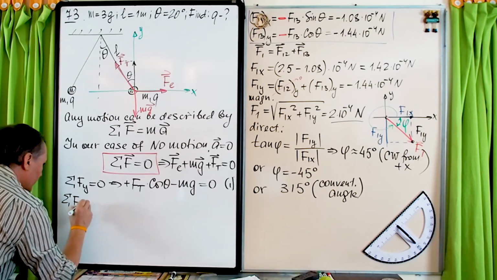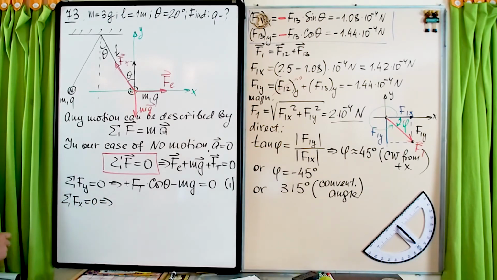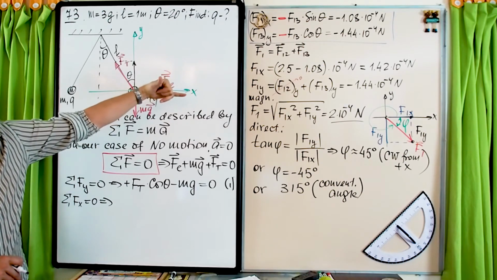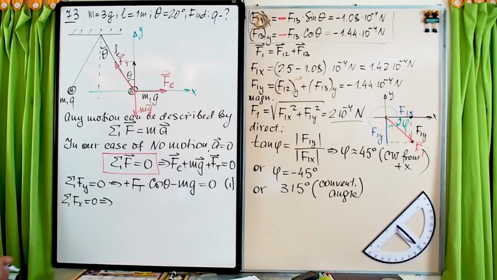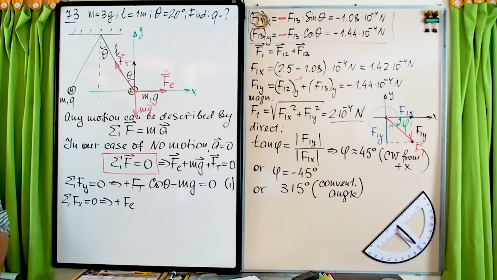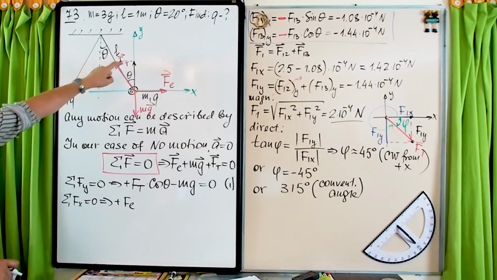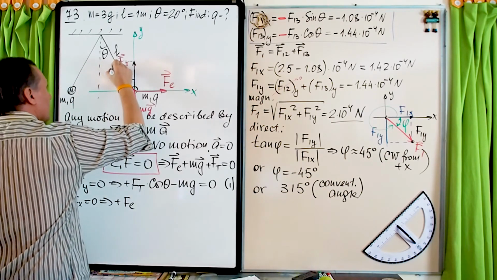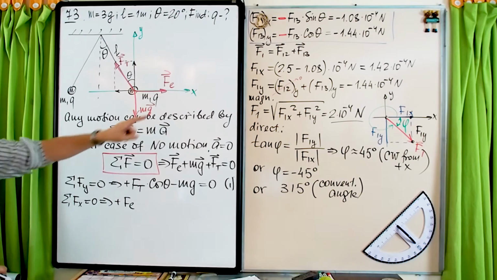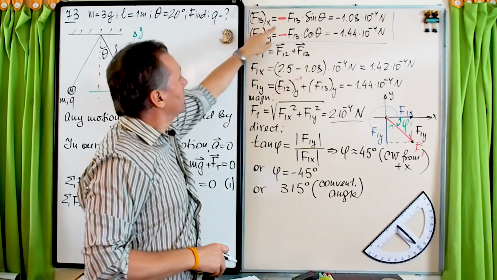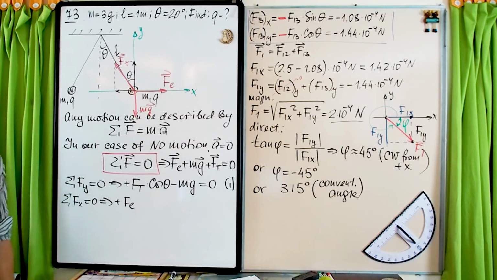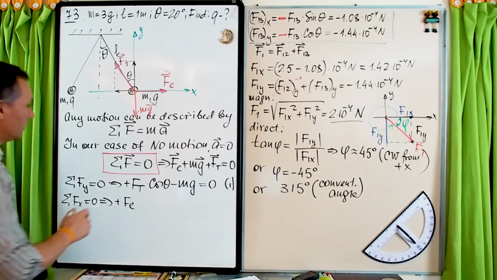Sum of the x components must be equal to 0. So x components, electric force is purely in the x direction, positive x direction. So the contribution is positive. So plus F electrical. Now, x component of the tension. Again, I will just draw this dashed line. And this component, you see, is in the negative x direction, like what we discussed here. Component in the negative x direction, so it must go into the equation with minus. Right? So it will be minus